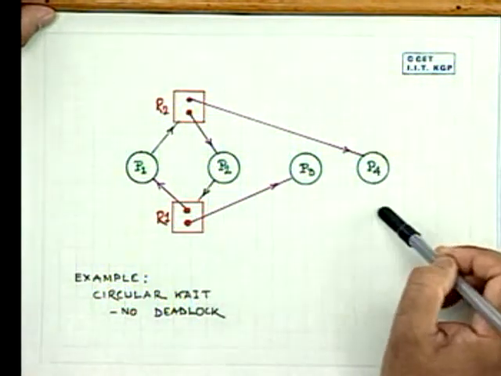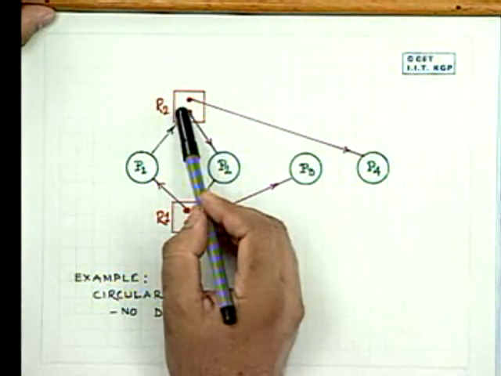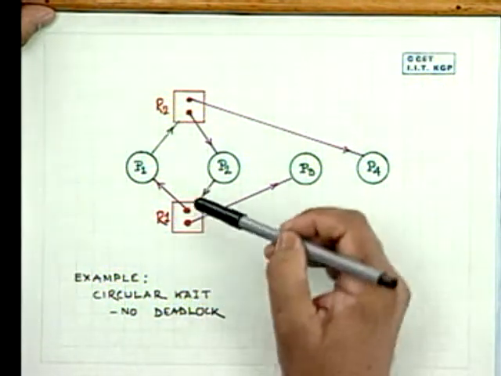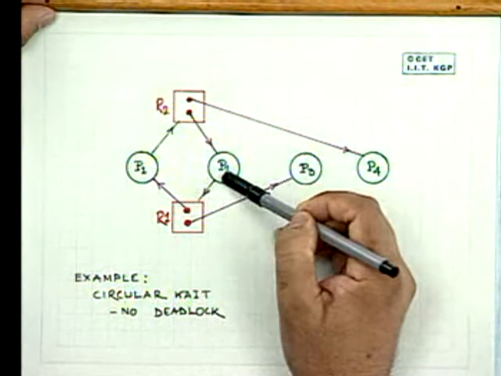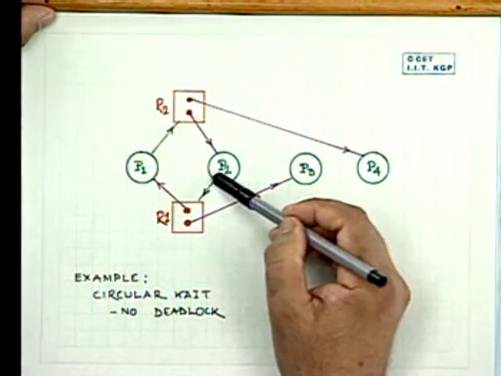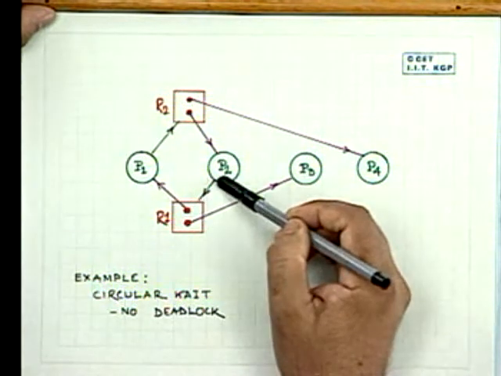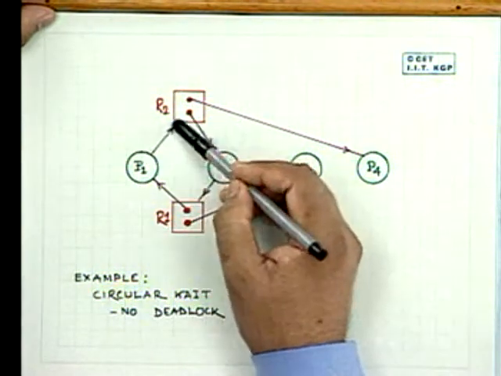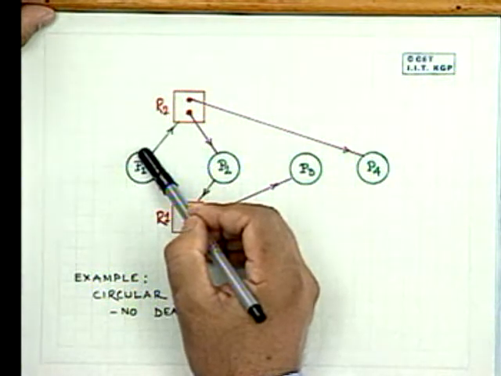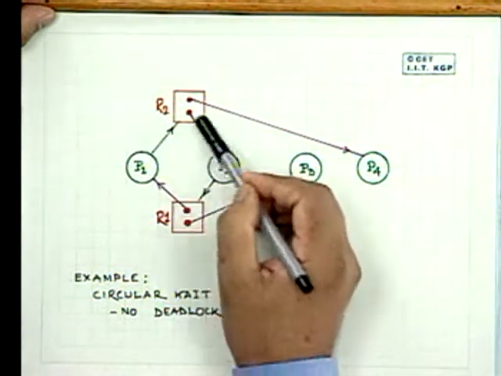Similarly, P4 will finish and release the instance of R2. In that case R1 can be allocated to P2, so this request edge will be converted to an assignment edge. Similarly, this request edge will be converted into an assignment edge,